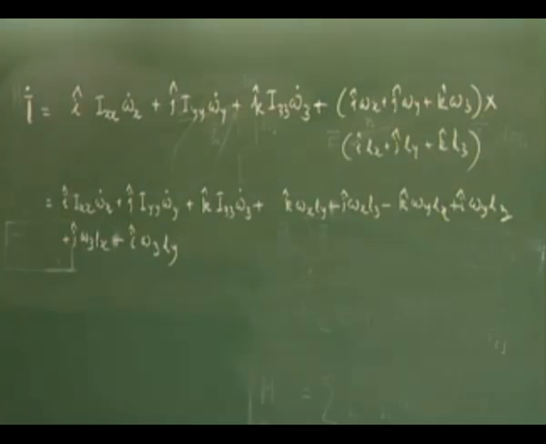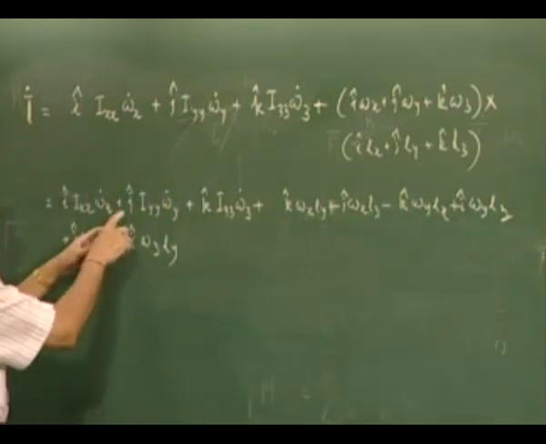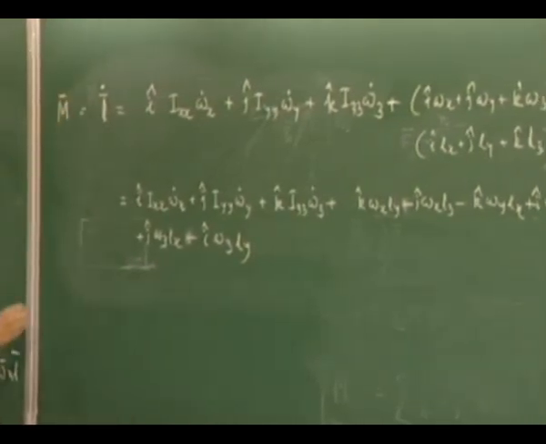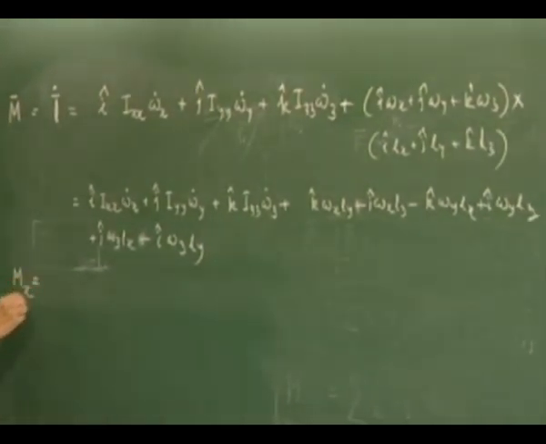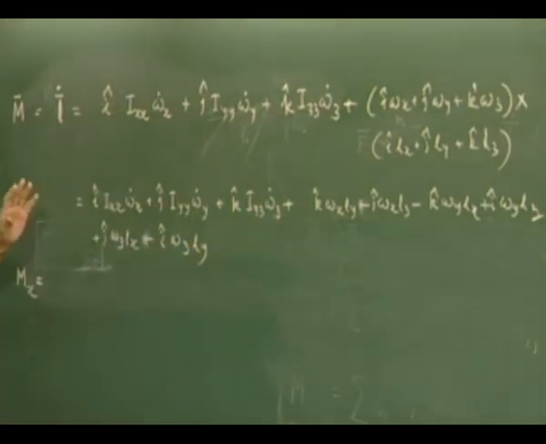We can next combine terms under i, under j and under k. So rather than writing a long expression, now we can also find out the components of this. Remember now that this L dot, the rate of change of angular momentum, is nothing but the externally applied moment. So Mx will be the x component of this. That means if you take i hat as common, the term with which i is associated will be Ixx omega x dot